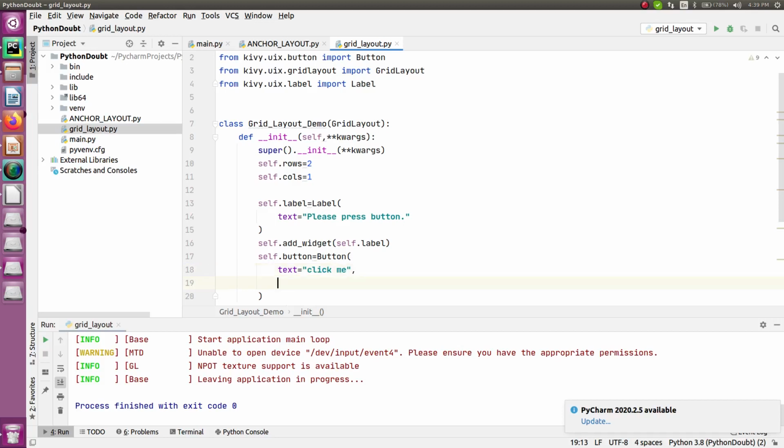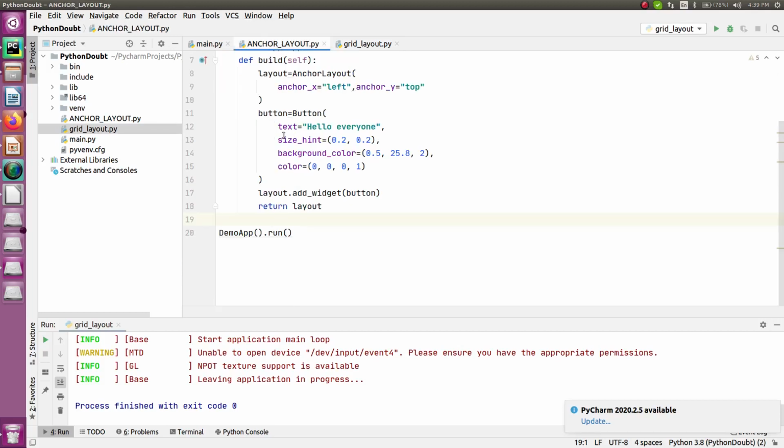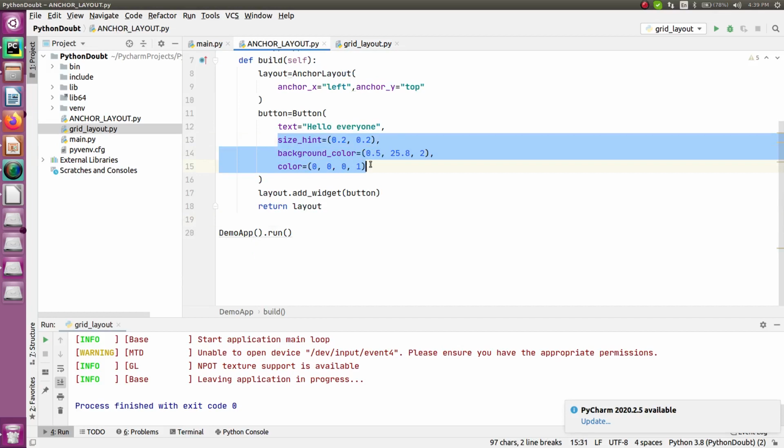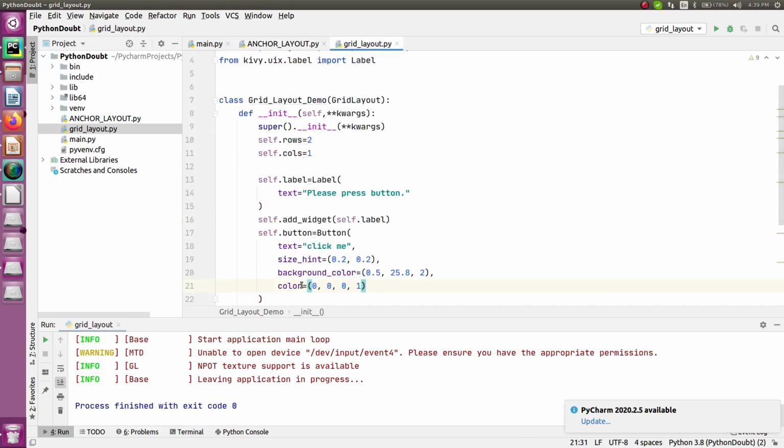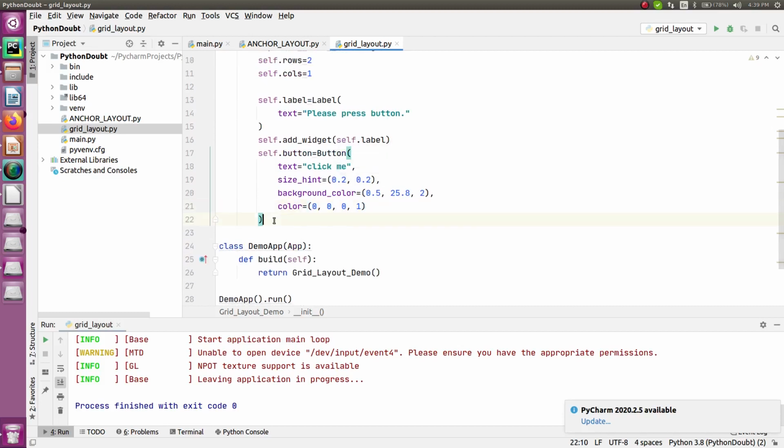And to set the properties of your button, I have already shown it to you in my last video, so you can check it from there. But right now I'm just copying it and I will paste it here, so that it will add those properties to your button as per what we have set in our previous video, right?